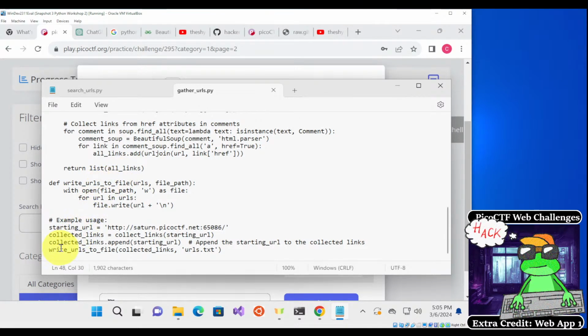And after adding them to a list, it's going to write out a file called urls.txt, and then we take that file and feed it into another script called search URLs, and that's going to search the different URLs for the flag string. So I've plugged in this particular challenge website. I'm going to save the file,